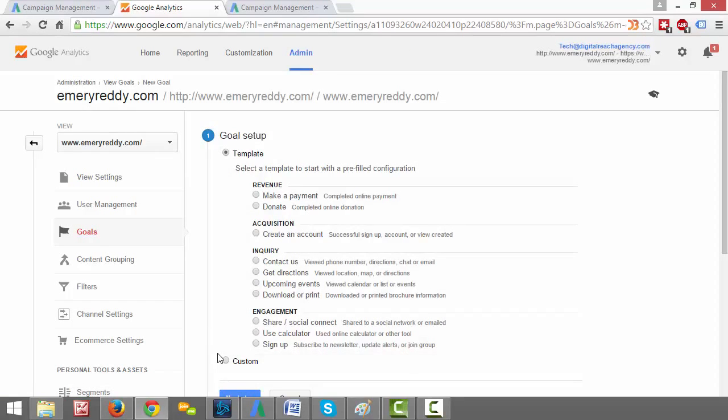The goal that we're going to be creating, and this is one of my favorite ones to do, is targeting people who didn't bounce off the website. So in the example with the guy with the bowling shoes, he immediately clicked back off the website. We're essentially going to be filtering out people who don't show any interest in the site by spending any time on it. So if you create a new goal here under admin,